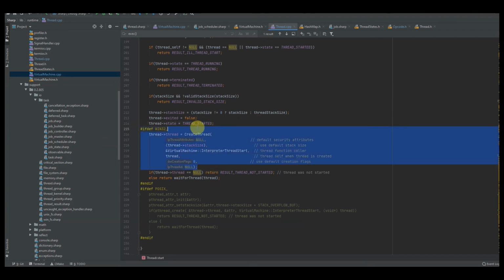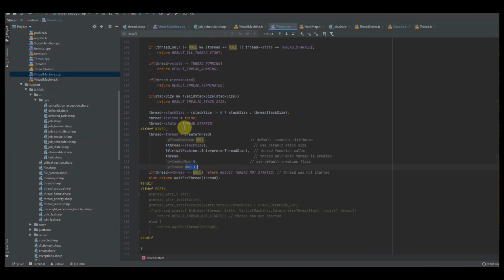And here's how I basically create it. So here's an example of how we create threads on the Windows operating system. We basically want to just call the createThread function. And as you can see, I have a series of comments here that explain what we're doing. So you want to set the default stack size, the function to the thread caller, the actual thread object, which is the argument that we want to pass to the thread, default creation flags,